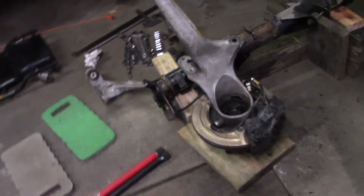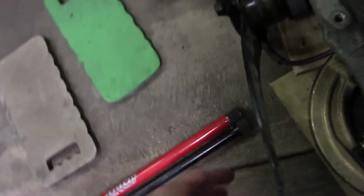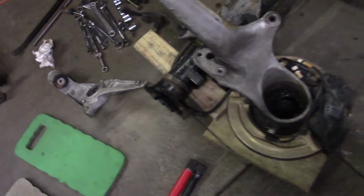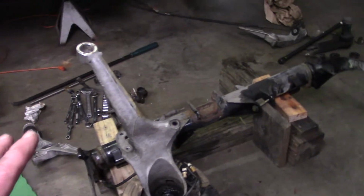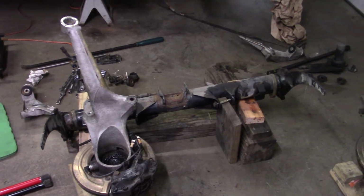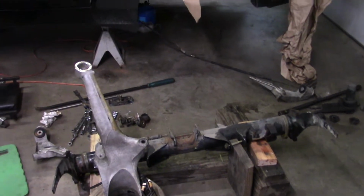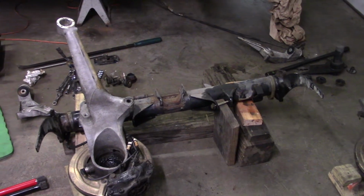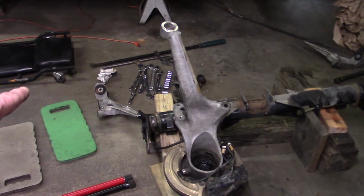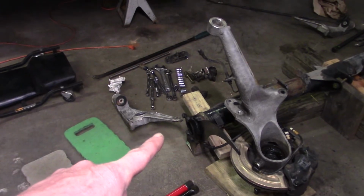There's also a mount that goes here. We're replacing that with a solid steel one, and this one that goes on here is going to be an aluminum one, so that will hold the torsion bar tube to the car very, very rigidly. Normally all those bushings are rubber, and they're probably not the greatest thing for a V8 conversion. So basically the idea is to solidly mount the tube and the spring plate ends to the vehicle,